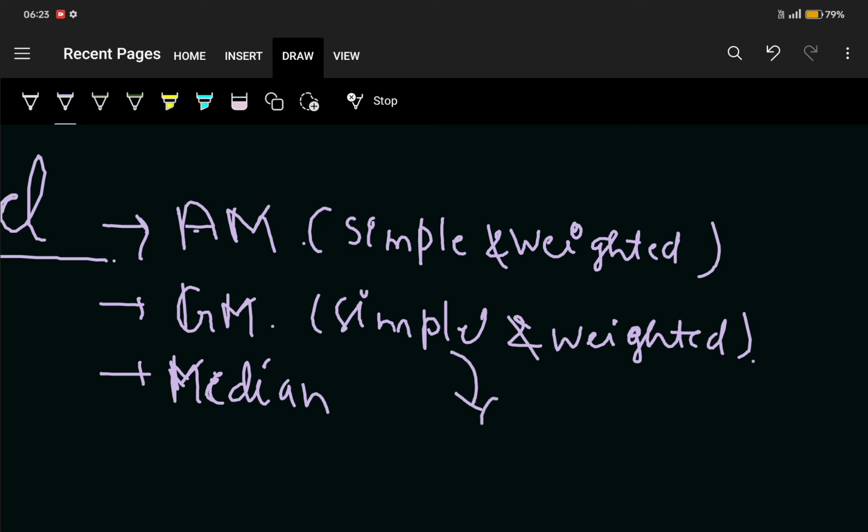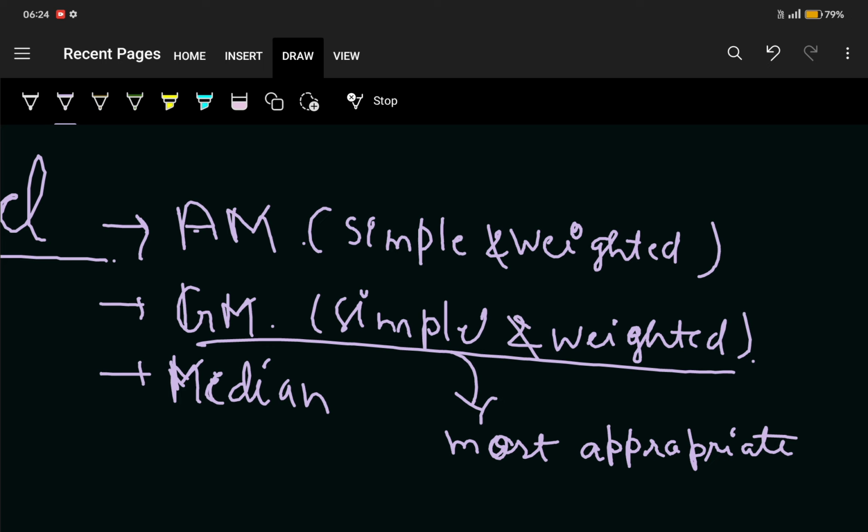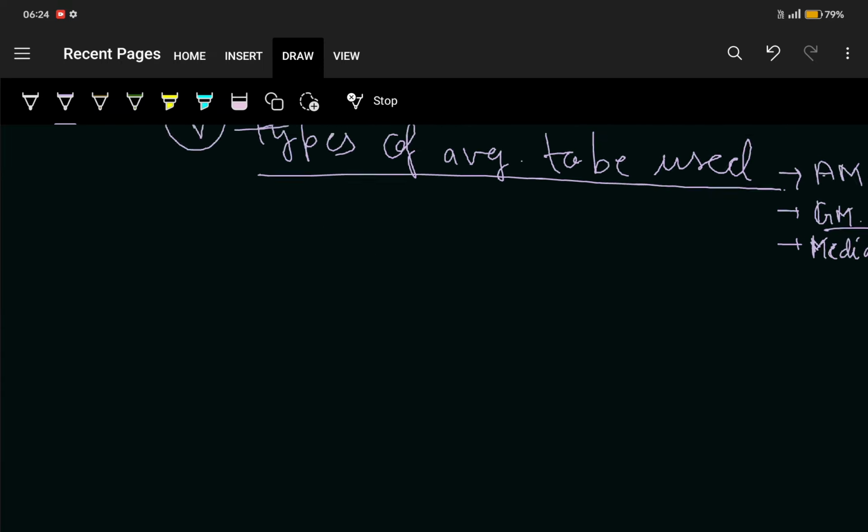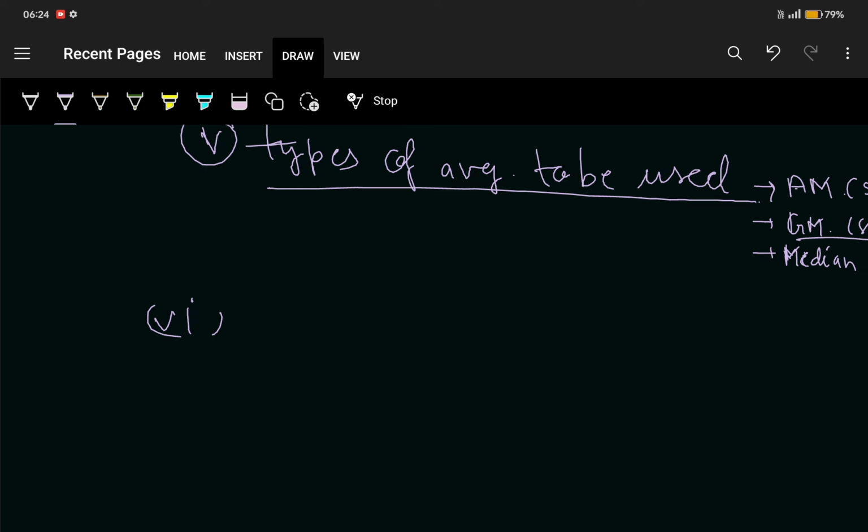एंड इट इज ज्योमेट्रिक मीन जो है ये मोस्ट अप्रोप्रिएट एवरेज है जो हम यूज करते हैं। सो it is the most appropriate average to be used. And the sixth point we have selection of appropriate weights. Each commodity is not of equal weight,